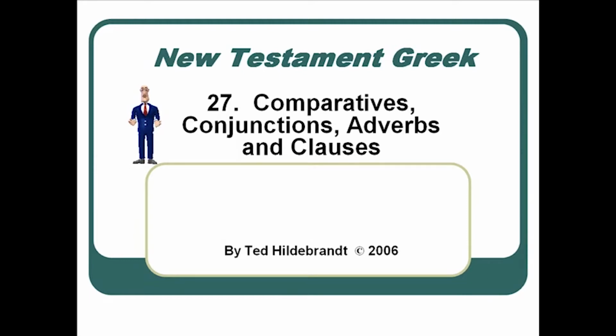Welcome to Chapter 27. This chapter is a loose ends kind of chapter. It works with things like comparatives, which we'll discover what they are in a second, conjunctions, which are critically important for linking major sections of the New Testament together, linking paragraphs as well as sentences together, and being structural markers that indicate things that are about to change. So the conjunctions are fairly important structurally.